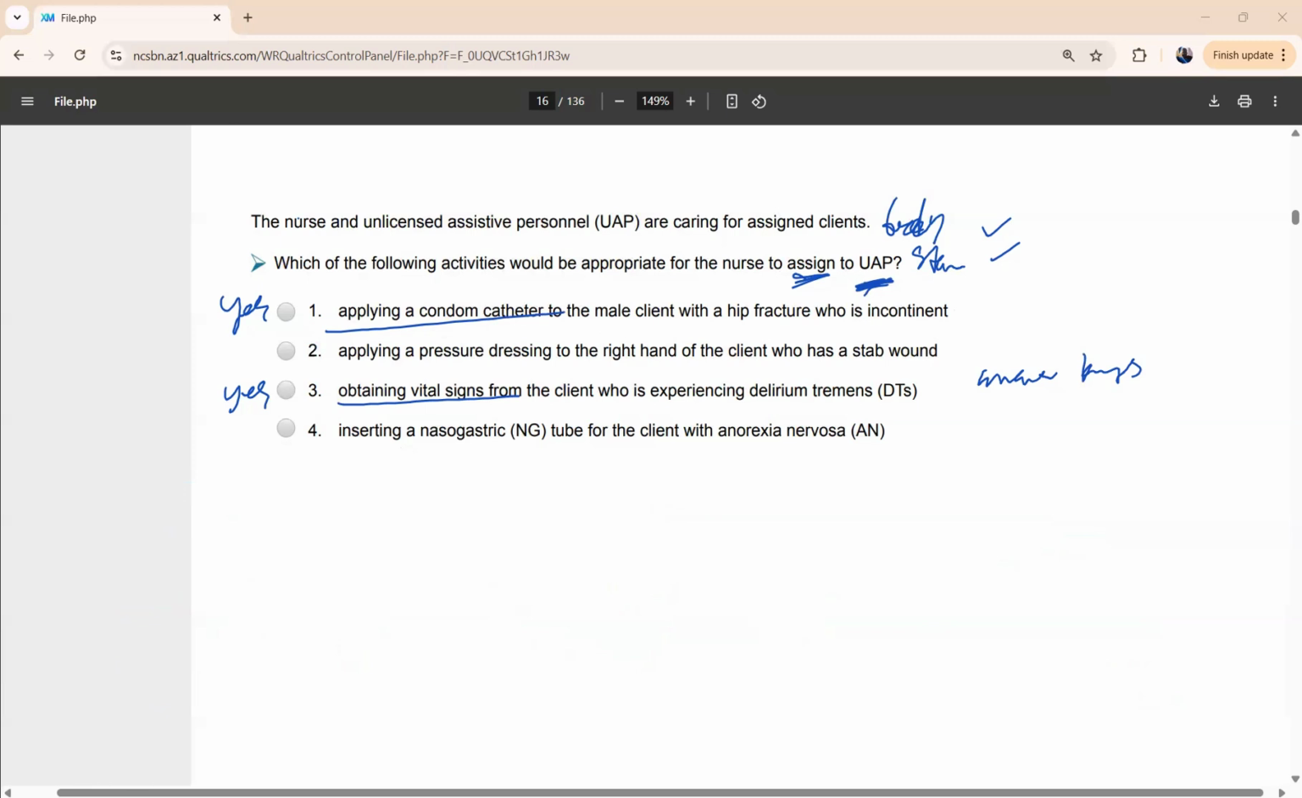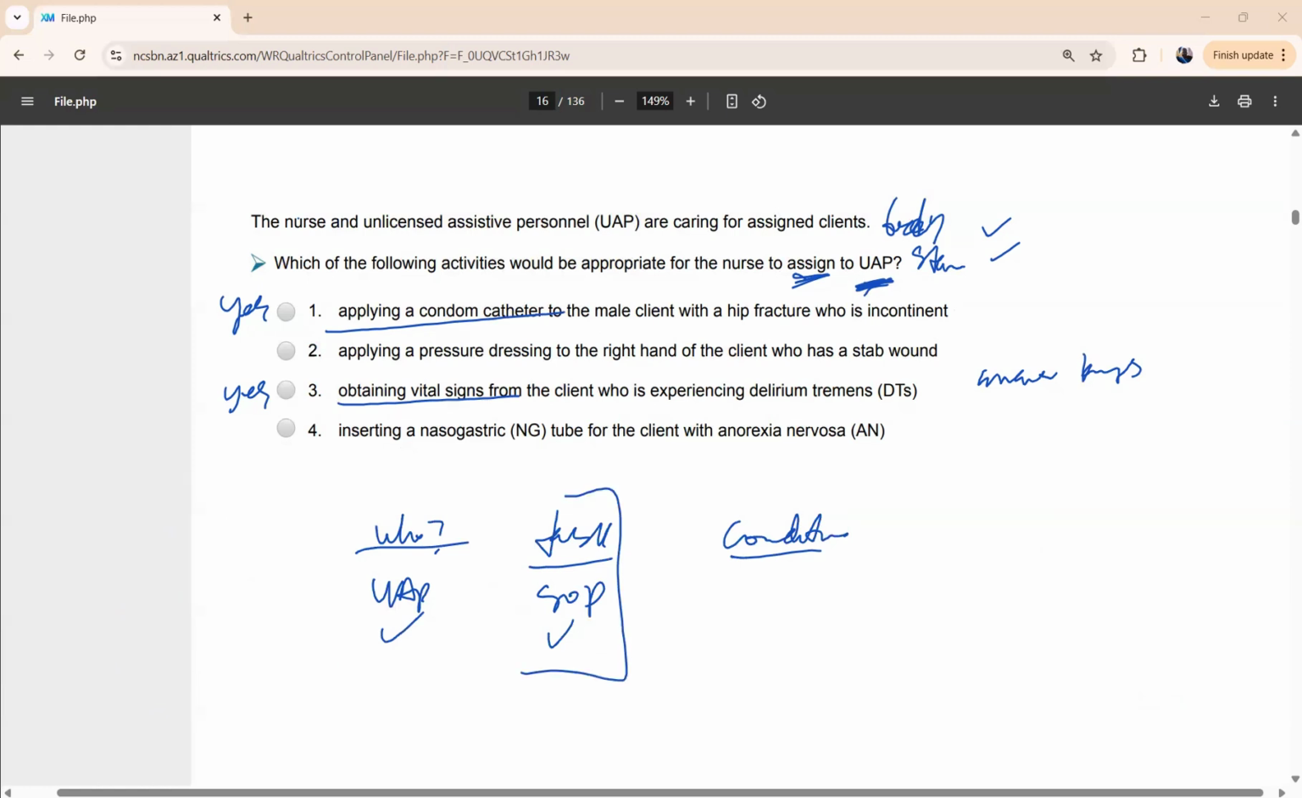So now we know our who, UAP, we know the task. Within the scope of practice, we'll be able to identify that. So that is clear. Now the last part is the condition. Now let me tell you something. If you utilize this method, sometimes you will only just stop right at the task. You already know your answer. But because obviously you would have been able to X out 3 options. But in this case, we X out just 2, and then we are left with 2, which is 1 and